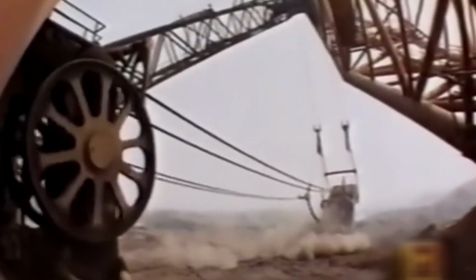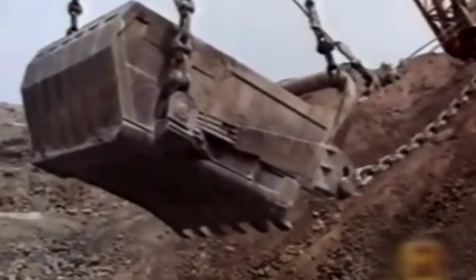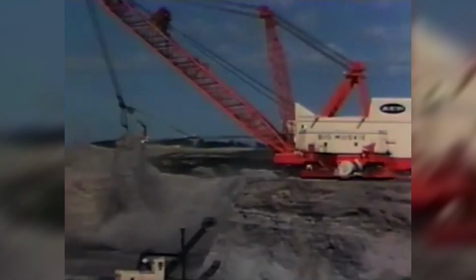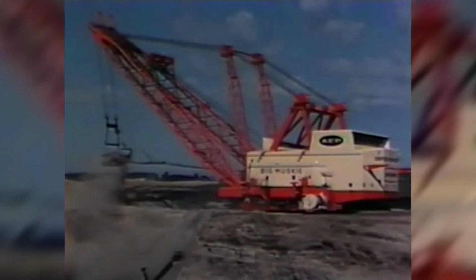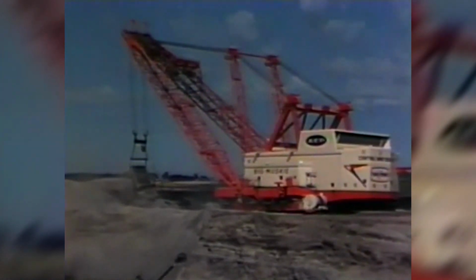The 255-ton bucket, placed on a 311-foot boom, could lift 220 cubic yards of material in one cycle. On average, the machine moved about 3 million cubic yards of earth per month at the mine. This excavator moved on 65-foot support shoes, using 4 lifting hydraulic cylinders and transverse movement cylinders, providing a step of up to 15 feet. However, in 1999, its service life came to an end, and the owners decided to dismantle